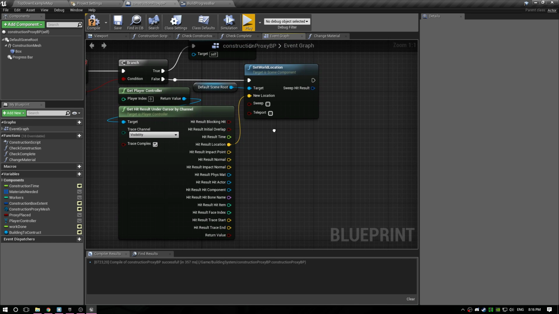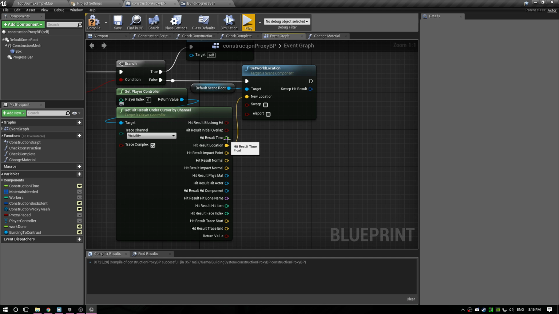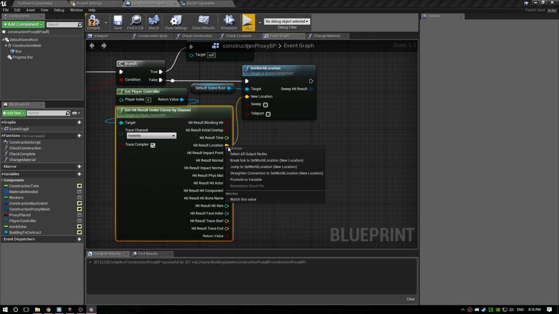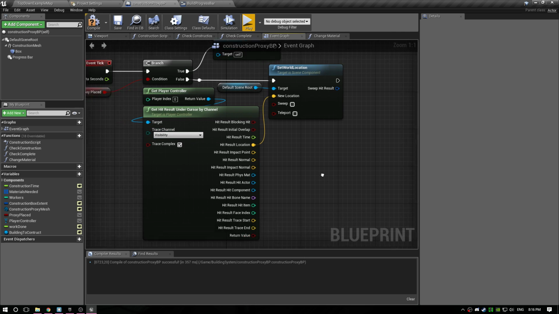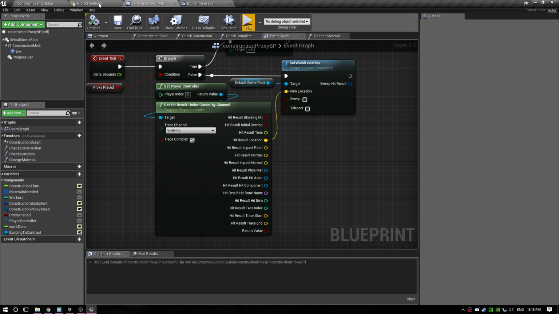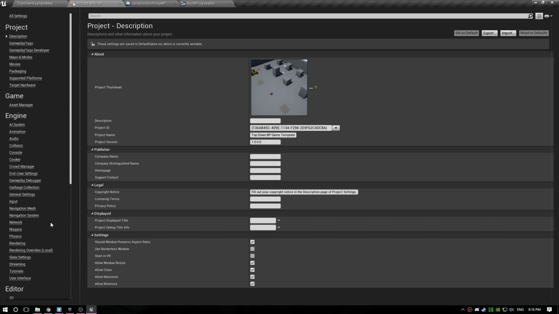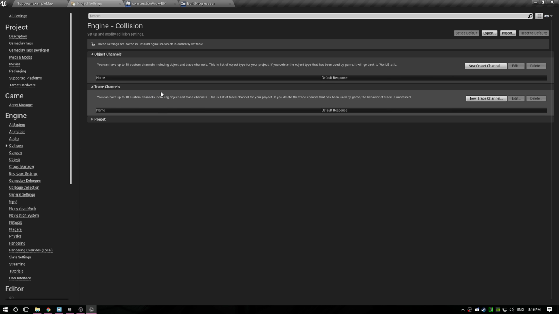set the world location. Is there a way to remove the other pins? No. Okay, that's fine. This trace channel. Okay, so next thing we're going to want, I'm going to go into project settings, and under, where is it? It's under collision. We want to make a trace channel. This will be called our mouse trace. So our mouse trace, the default response will actually be